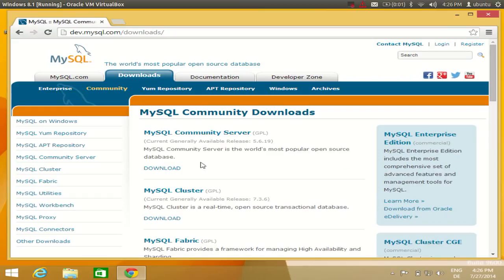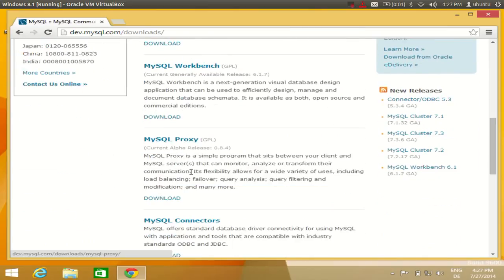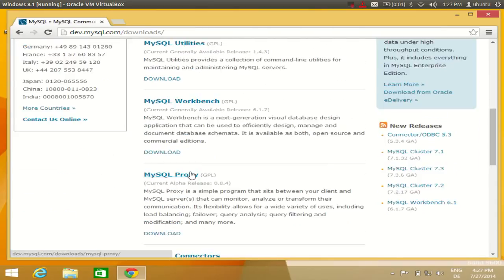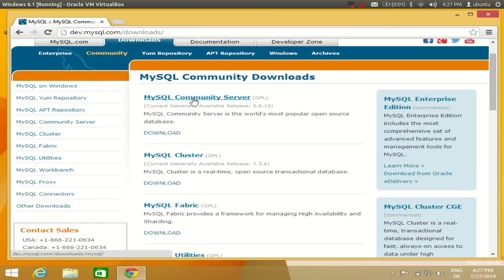flavors of MySQL database: MySQL community server, MySQL cluster, fabric, utilities, workbench, and there are so many tools for MySQL. But what we are going to do is install MySQL community server as a whole. So we will install MySQL server, and we will also install MySQL workbench to work with MySQL. So I will go to this link, which is MySQL community server,